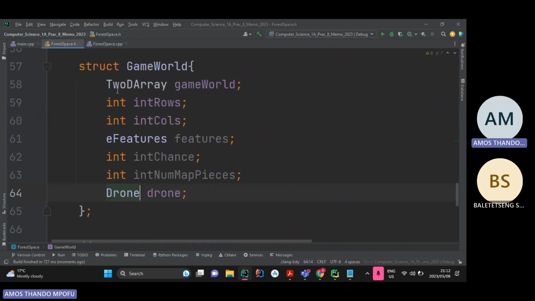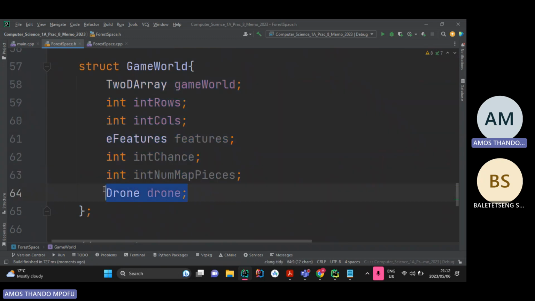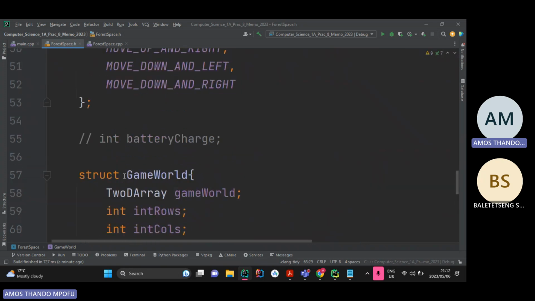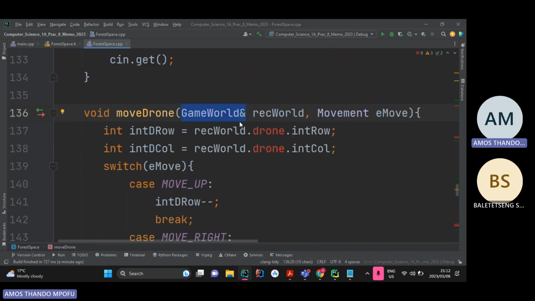Like by record structure, it's like the information in it, the arrays, the rows, the chance, that. This one, however, it's not being passed by address, by reference. So I think what I'm going to do, right, I'm just going to say this. I'm just going to do that and try a different approach. So I'm going to pass that by address, and I'm also going to pass the, let me see, let me think. Can I say drone dot layer dot